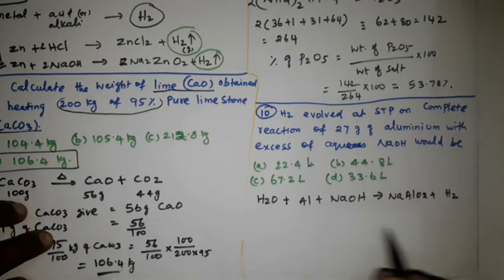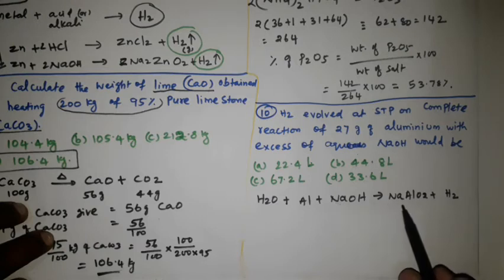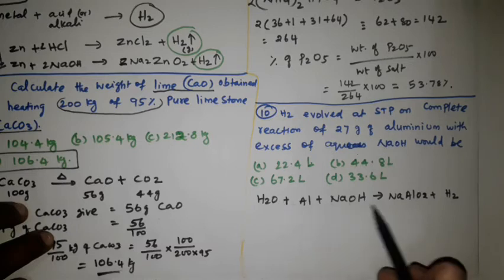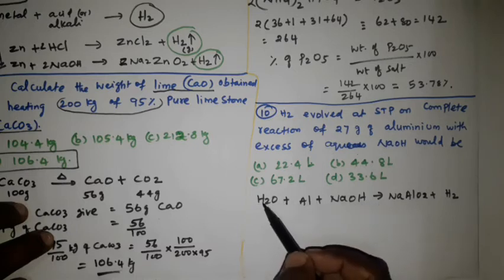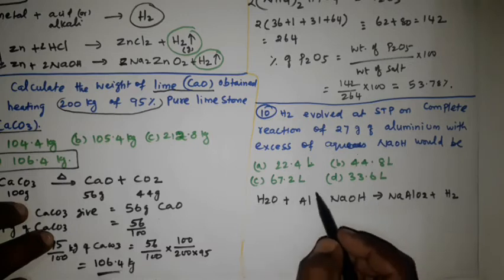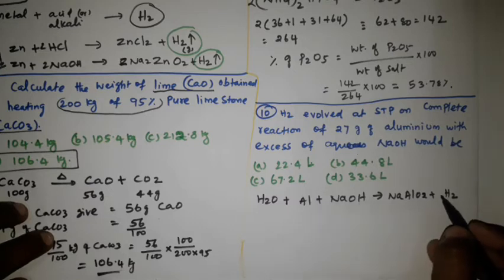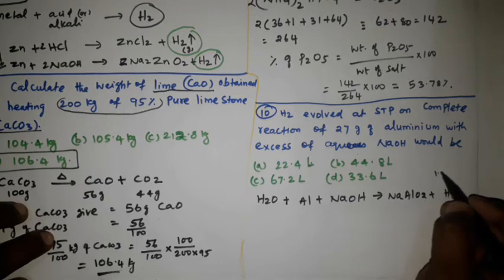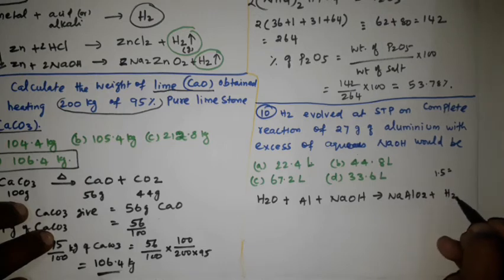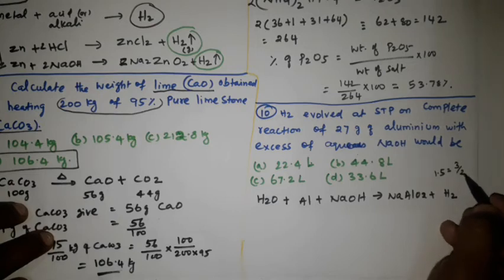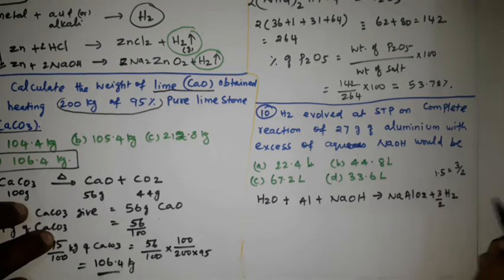Okay, now balance the equation. Sodium is 1 here, 1 here; aluminum 1, 1; then oxygen 1 plus 1 oxygen, total 2 oxygen. Then with H2 plus 1, there are 3 hydrogen atoms on this side and only 2 hydrogen atoms on the other side. So I am going to write 1.5, because 1.5 into 2 gives 3, right? Instead of that, I am going to write 3 by 2 for the calculation purpose. Now the equation is balanced.